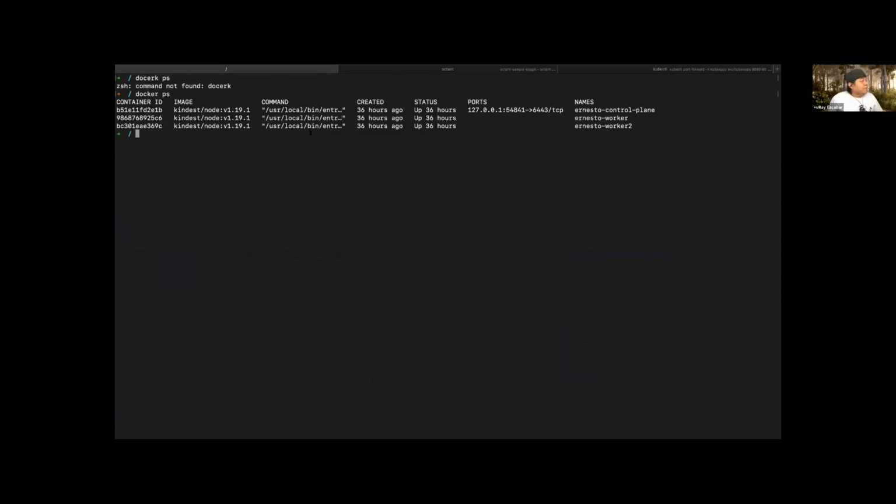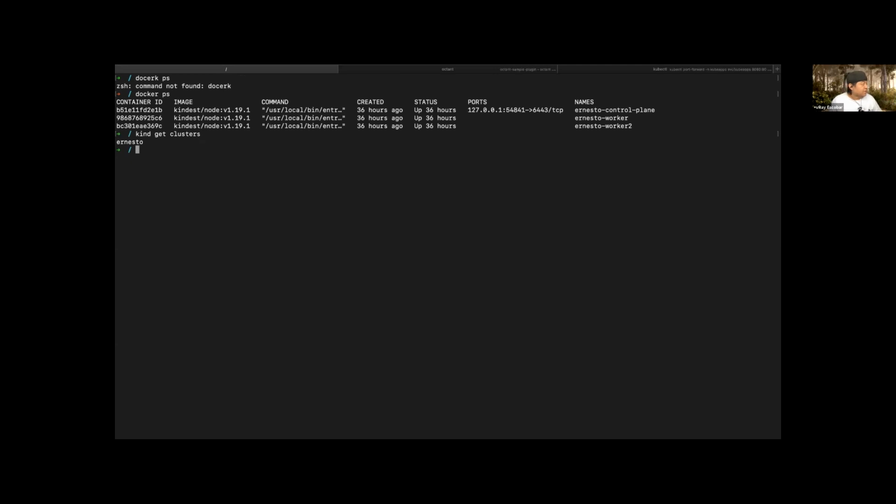So if you see here, this is Docker and it's running just 3 nodes, meaning that it's running 3 Docker containers, right? By means of kind, we leverage Docker to create these containers at one level, and on top of that, create another set of containers for having Kubernetes, right? So if I get kind, I have a cluster already created, call it Ernesto, right?